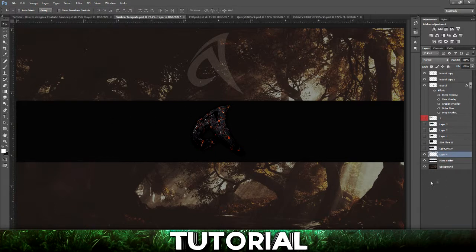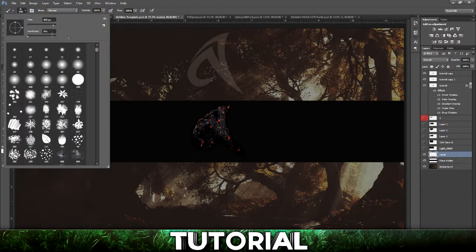So make a new layer. I'm going to name this radial. I can't see because my mouse is in the way. I think I spelled it wrong. Whatever, I'll just keep it like that. So now take your brush tool and make sure it's a soft brush around 500 or whatever. And you can make this bigger, obviously. Make sure it's on white,